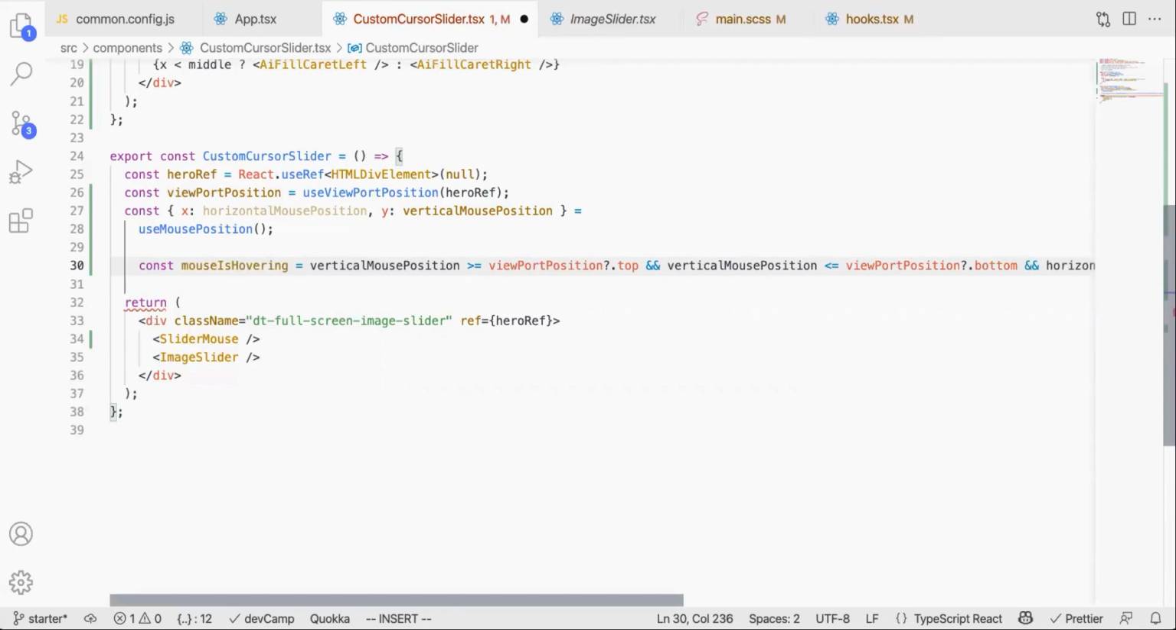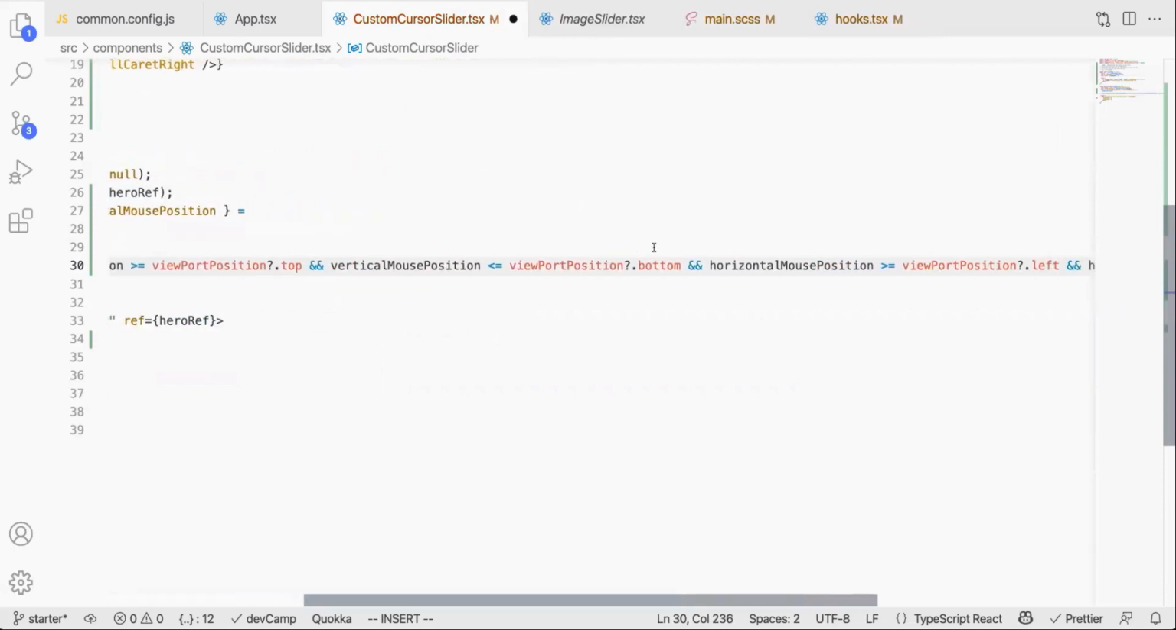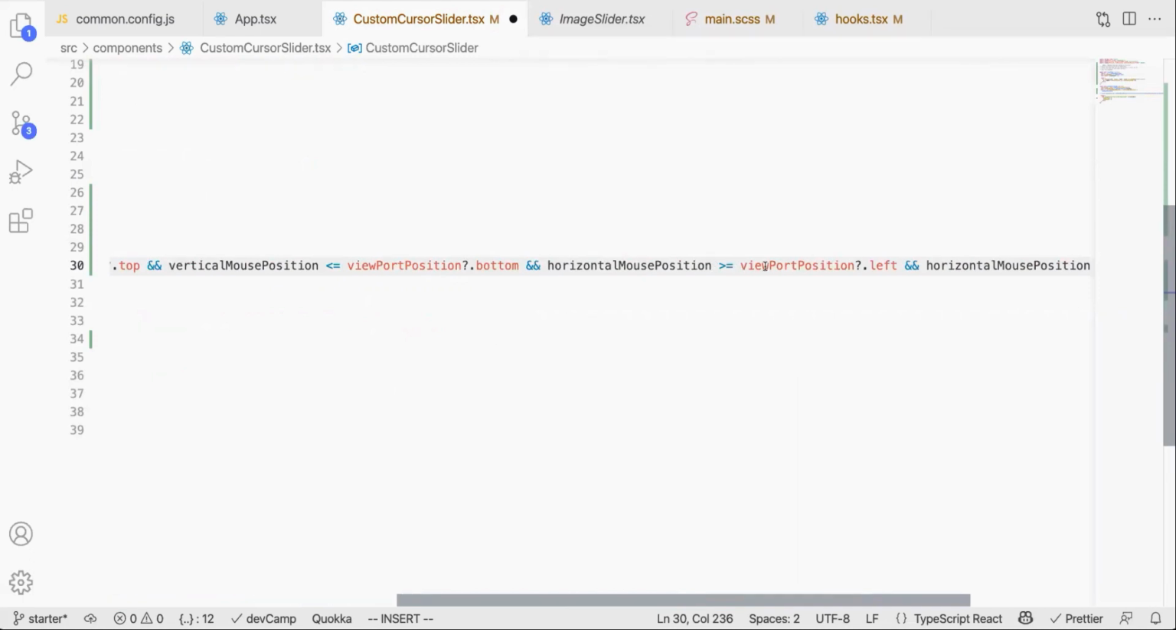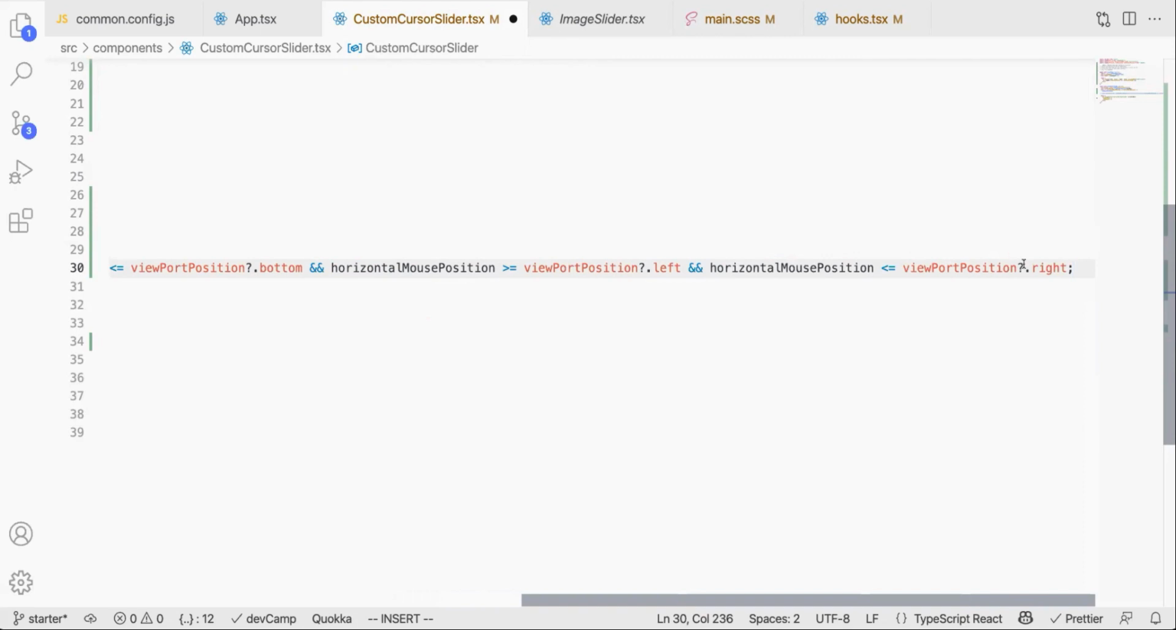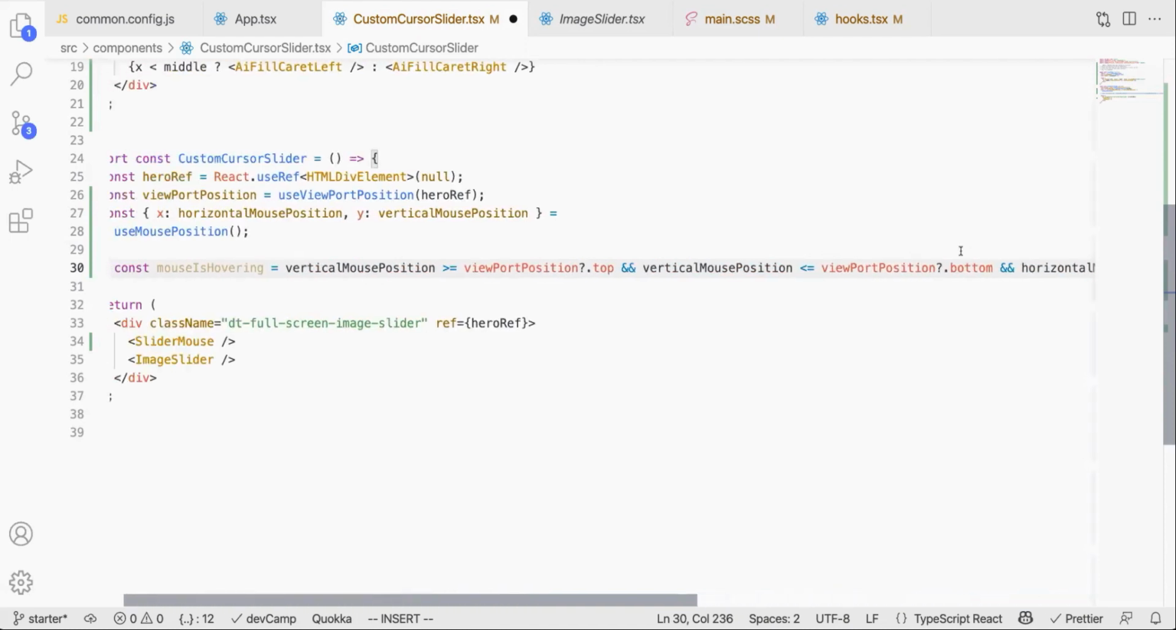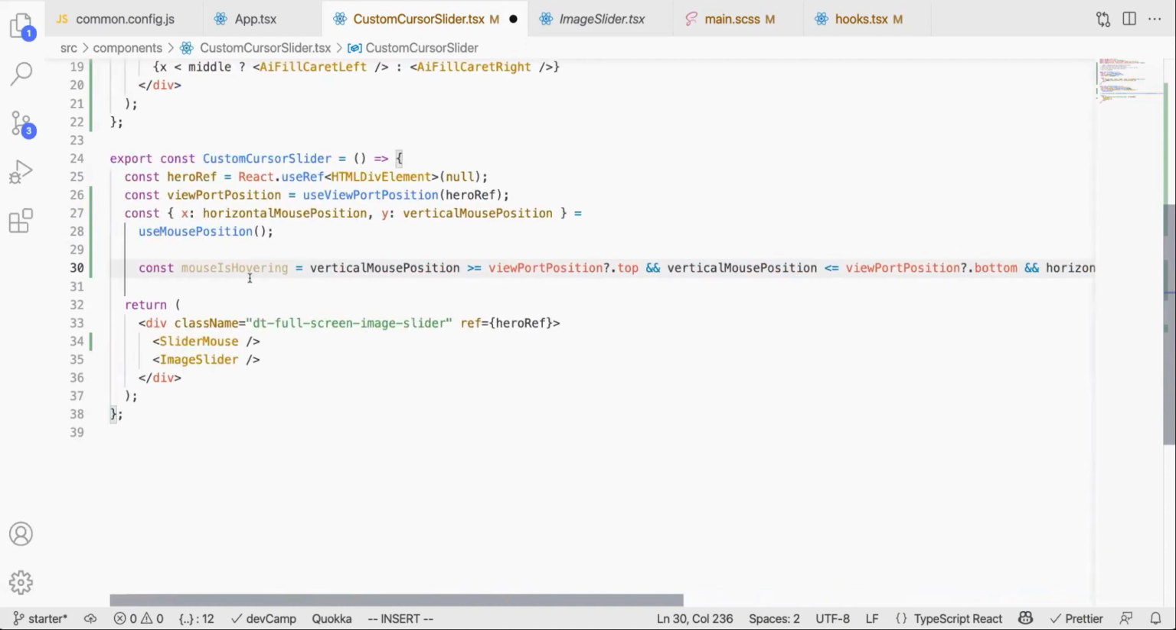And if the horizontal mouse position is greater than the viewport position left and then right, then if all of those things are true, then we want to show that. So let's see if that part of it's working. So if mouse is hovering, then we're going to check and we're going to then show it, or we're going